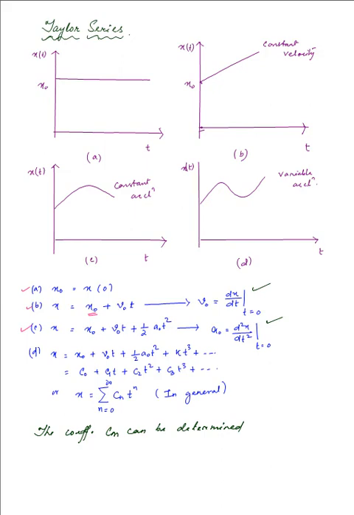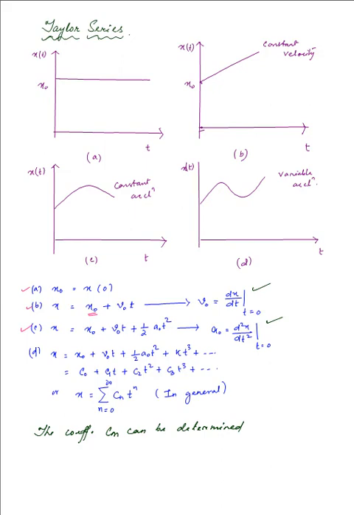As you can see, v naught was determined by the first order derivative because it was multiplied to the first power of t, and a naught was obtained by taking the second order derivative of the equation, because a naught was multiplied to the second power of t, that is t raised to the power 2. So similarly, we can say that Cm will be the coefficient of some t to the power m term,